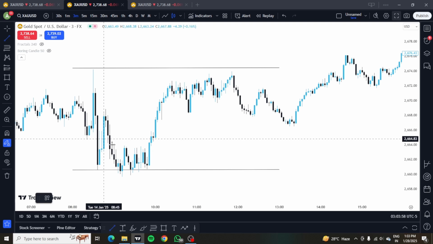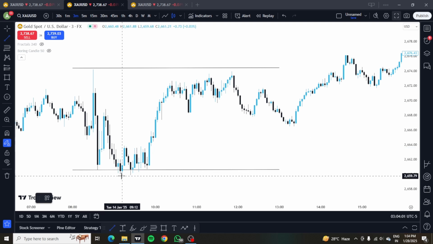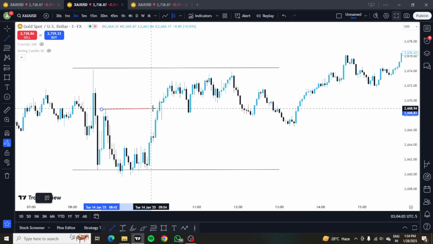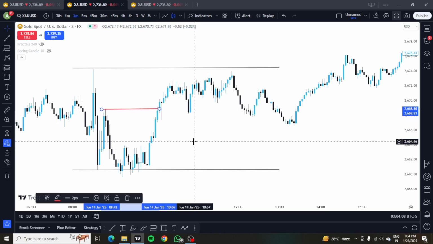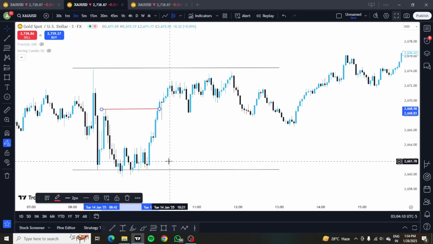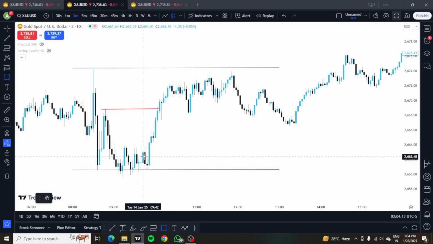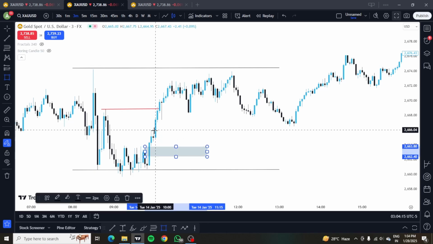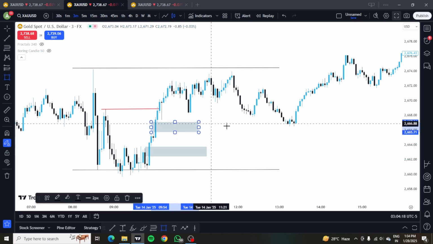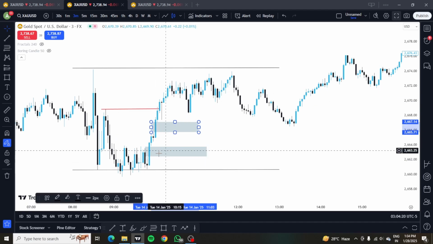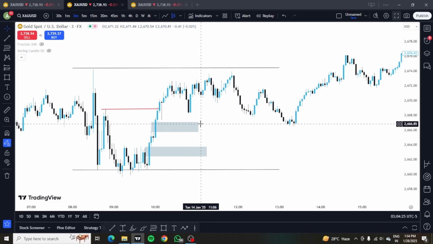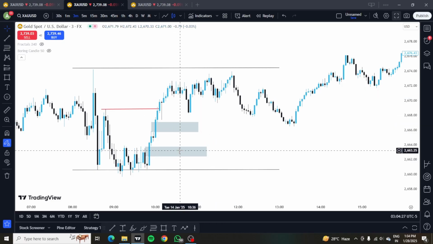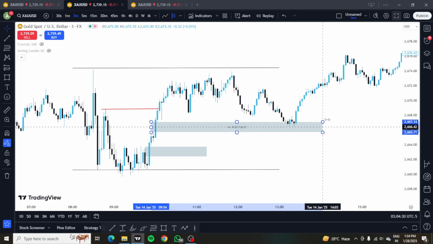For this low, the market structure shift happened here, and we look for the fair value gap or an order block in this zone. The fair value gap is here, one fair value gap, and here one fair value gap is here. From this you have a lot of doubt. Sometimes the price does not go to the extreme fair value gap. It moves only in the previous or recent fair value gap. For this scenario,